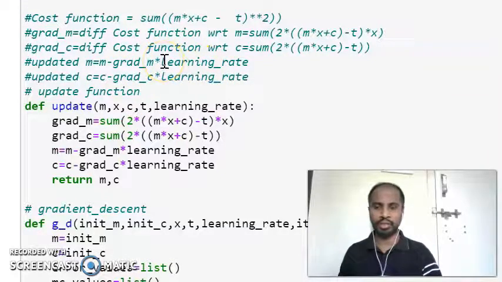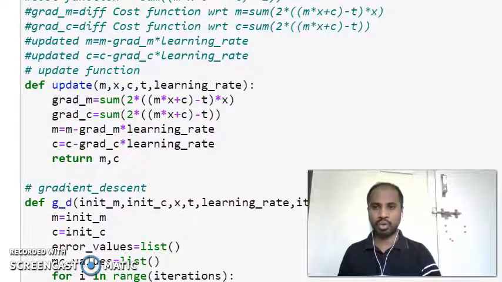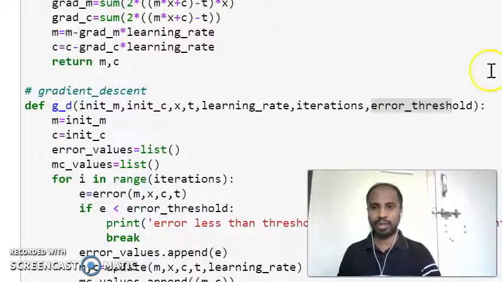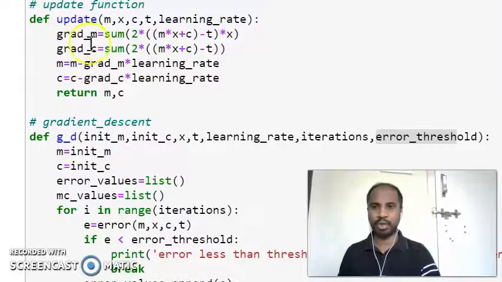The learning rate is a value between 0 and 1, so as to converge the model toward its correctness. So this is the update function: the gradient of m, the gradient of c, m equals m minus gradient of m times learning rate, c equals c minus gradient of c times learning rate, and we return that m and c value.